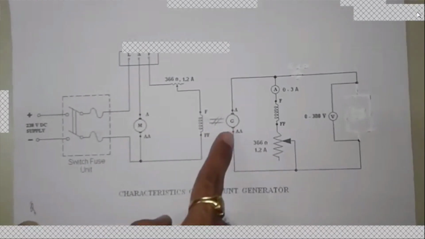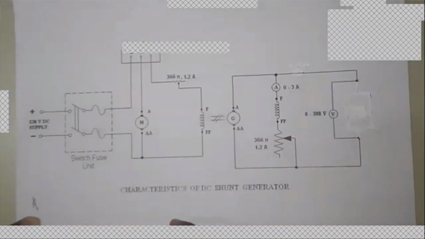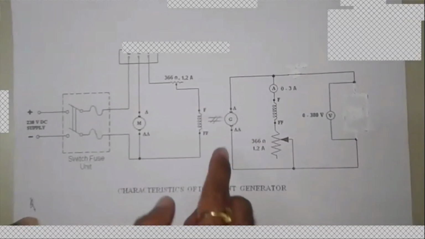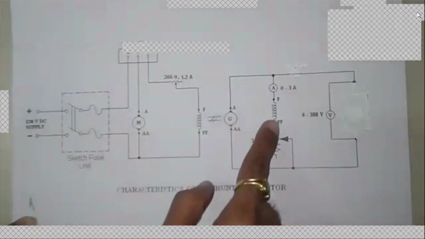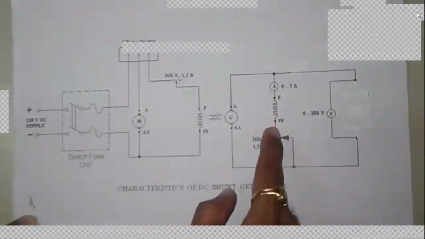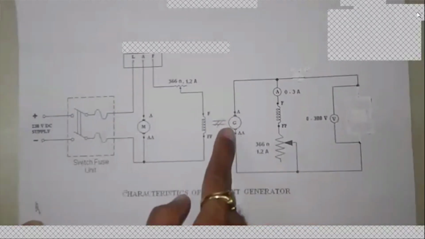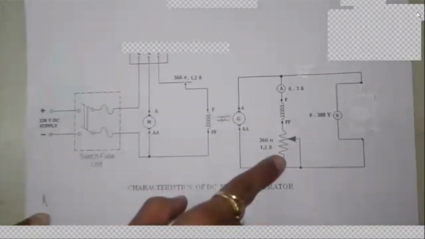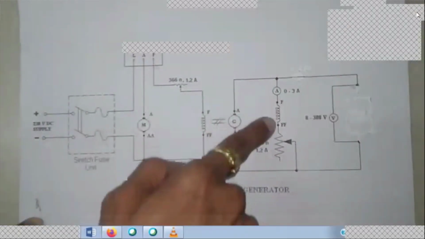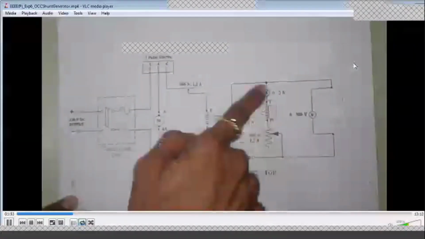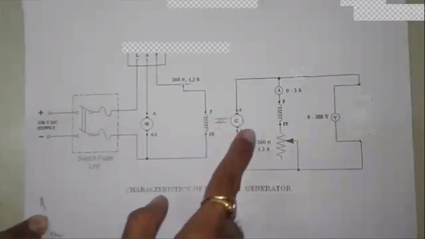Now as we drive this generator, the EMF is induced in the generator according to Faraday's law of electromagnetic induction, and the voltage generated inside the armature of the generator gives power to the field winding of the generator itself. So cumulatively the voltage will be developed. Here, by changing the rheostat, which is connected in series with the field winding of the generator, we are changing the value of the resistance. Now the basic function of this field winding, either in a motor or generator, is to generate the magnetic flux.